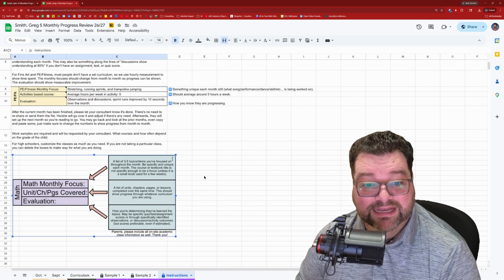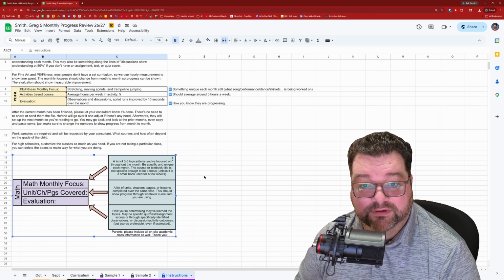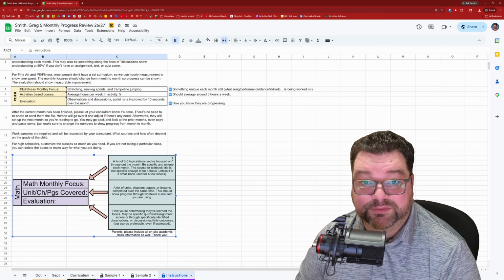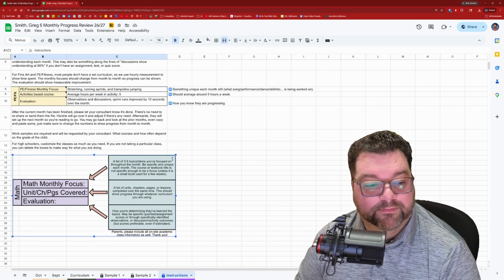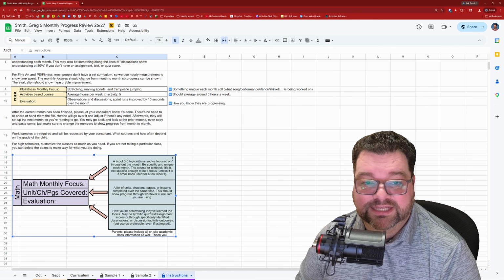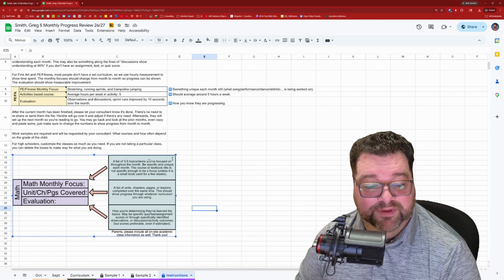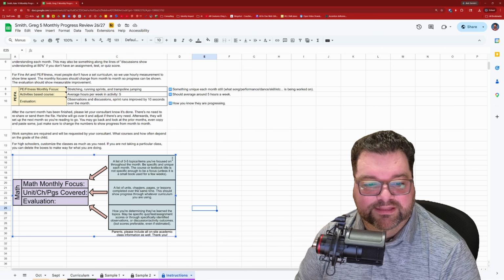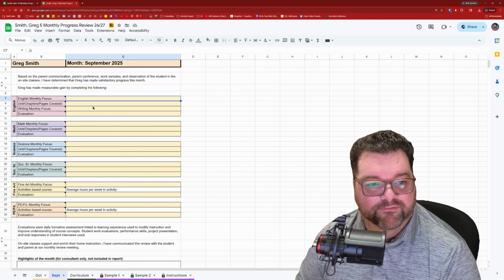And this includes academic classes. Yes, academic classes, you're not responsible for the grades, but you still need to report on it. So please, for academic classes, let's say they're taking algebra on site for a high schooler: math, algebra, monthly focus, list the things you've been working on. Which units, chapters, pages are you working on in the book? And any scores or tests or quizzes. Those are usually actually the easier ones to evaluate. But I've had families in the past that have just said, this is covered by the teacher. Like, not good enough. So we need this information. Please put it in there for every